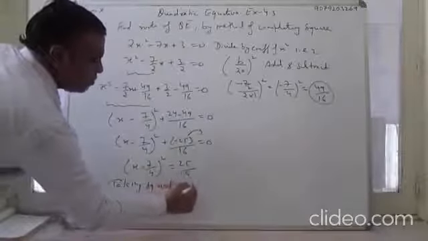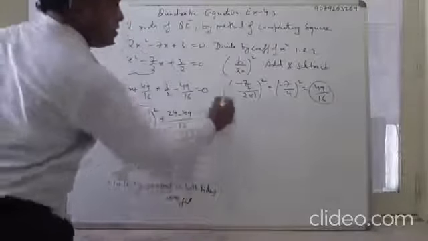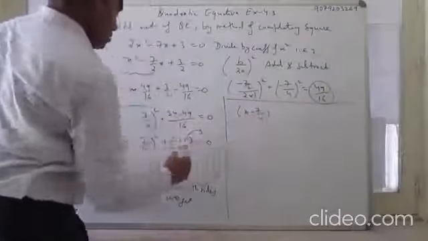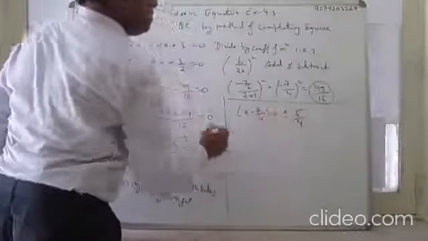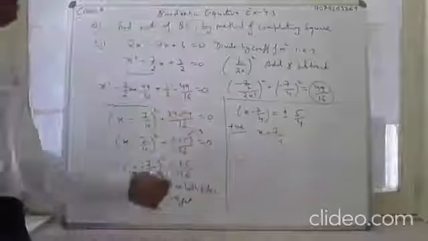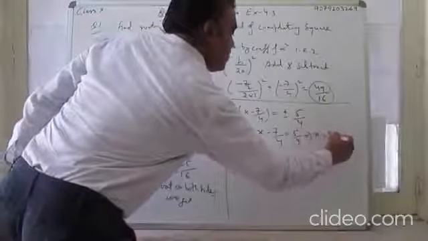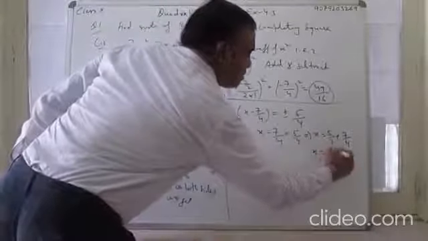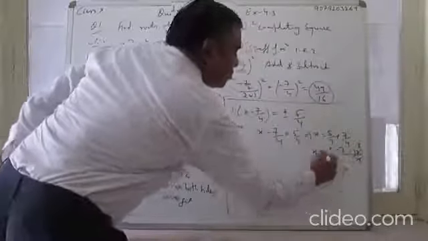square root on both sides, we get, see here x minus 7 by 4 is equal to square root लेंगे 25 पर क्या आ जाएगा? 5 और 4. There are two signs, plus and minus. If I take positive sign, it becomes x minus 7 by 4 is equal to 5 by 4. This implies x is equal to 5 by 4 plus 7 by 4. So x is equal to LCM ले लीजिए 4, 5 plus 7. It becomes 12 upon 4.